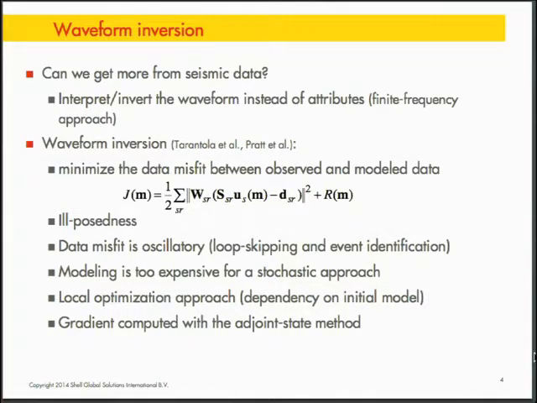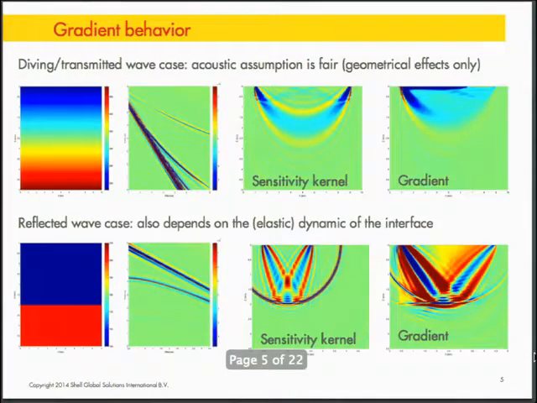The thing I want to show you next is what a gradient is. And so I took two examples. One is when you have a transmitted wave, one is when you have a reflected wave. The transmitted wave clearly is when you have a smooth background which increases in depth. Obviously,